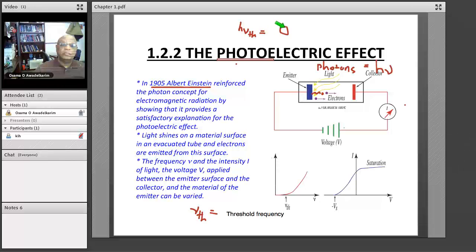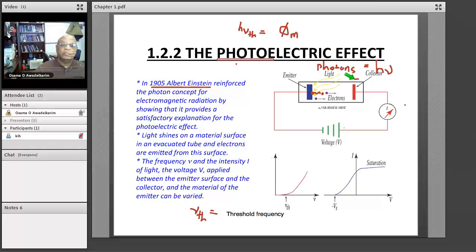Let's call it phi m, for metal, exactly equal to the energy needed to free the electron from the metal, because the electron is tied to the metal. So this energy phi m is needed to free the electron from the metal, and therefore the electron becomes free,